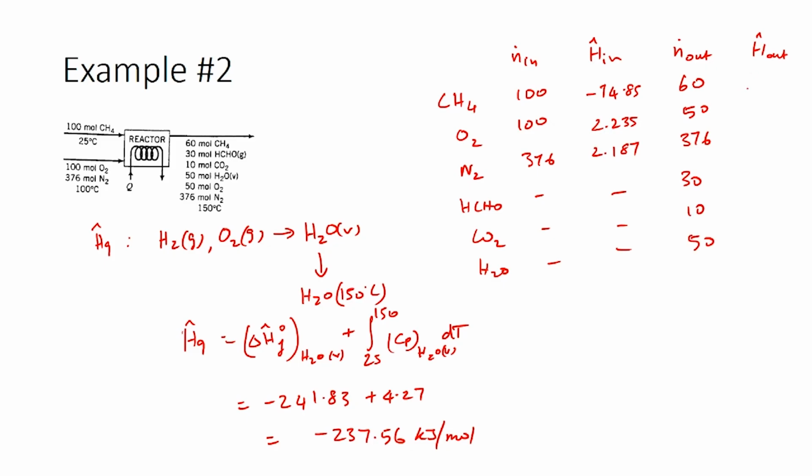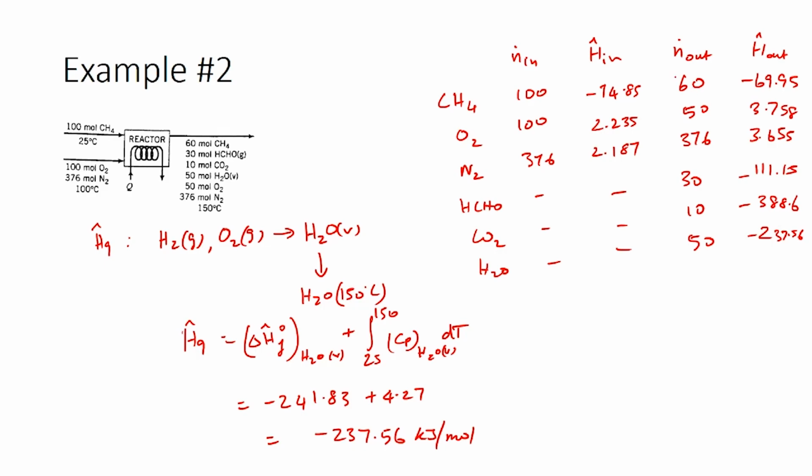So, these enthalpies would be minus 69.95, 3.758, 3.655, minus 111.15, minus 388.6, minus 237.56. Now that we have this, the total enthalpy of the outlet stream can be calculated as the summation of the product of individual flow rates times the specific enthalpies,